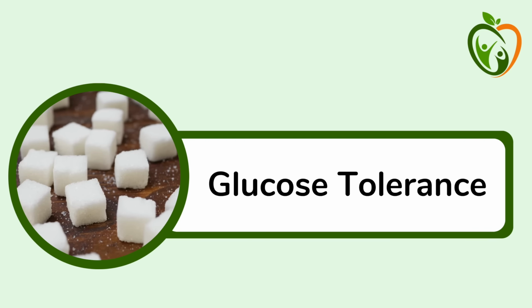So what does the term glucose tolerance mean? And what is normal glucose tolerance compared to prediabetes and diabetes? If we are glucose tolerant, it means that our bodies can keep our blood glucose level within the normal range, no matter how many carbohydrates we eat in a meal. So when I say normal range, what do I mean with normal? Let's see how normal glucose tolerance, prediabetes, and diabetes are defined clinically.